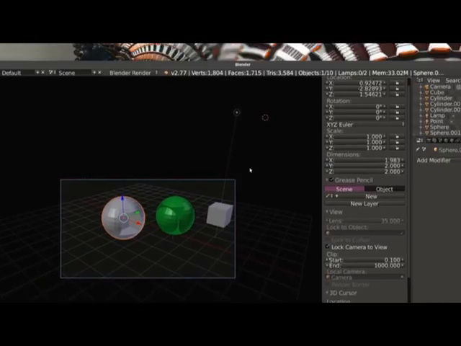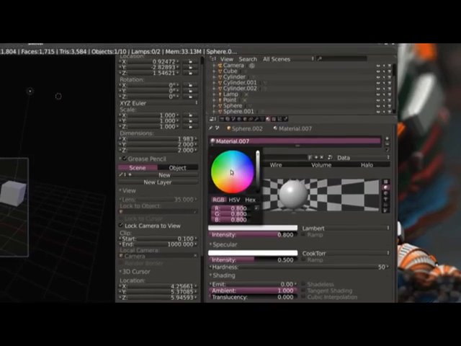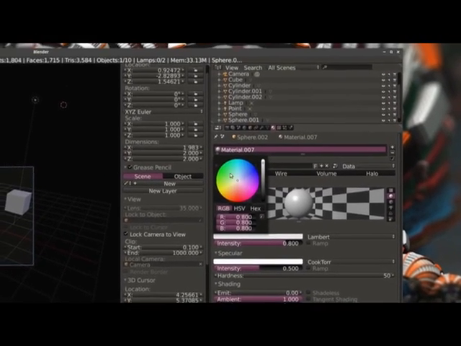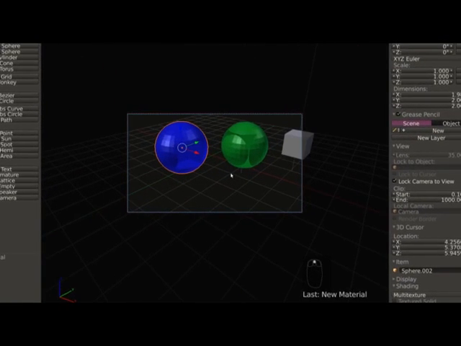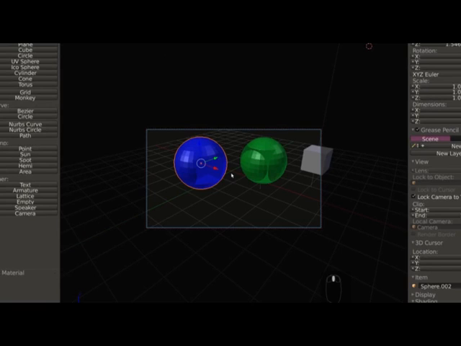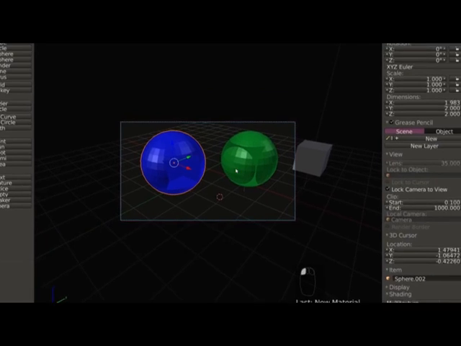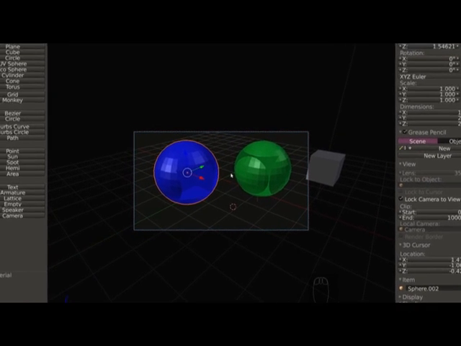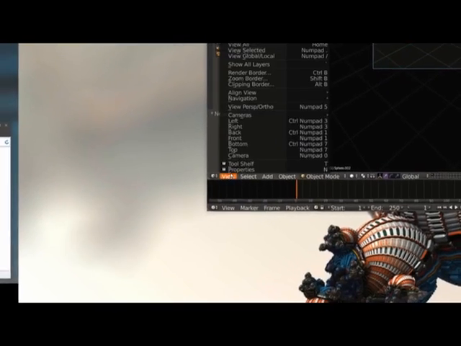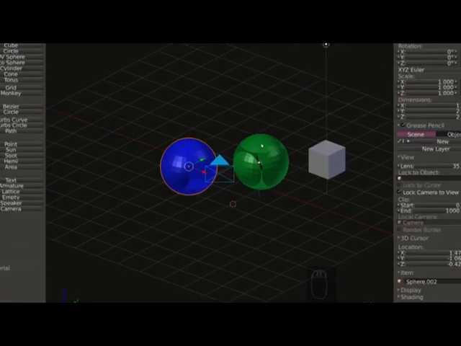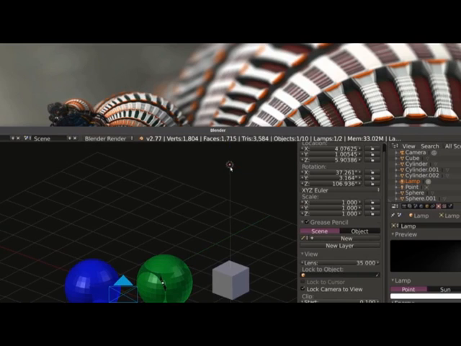There we go. Now of course we can choose to put a color on this one as well. And let's see, what colors have we not really used much here? There's a nice blue, and if I zoom in a little bit, shift middle mouse button, right, allows me to move it around, zoom it in a little bit, we can see what's going on. In fact, if I really want to, I can go back to a regular view, perspective ortho, and right click on this light source and move it around a little bit,